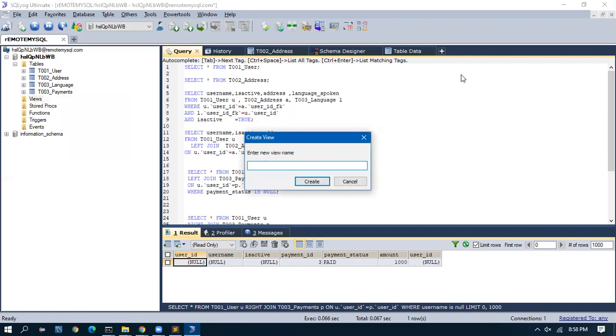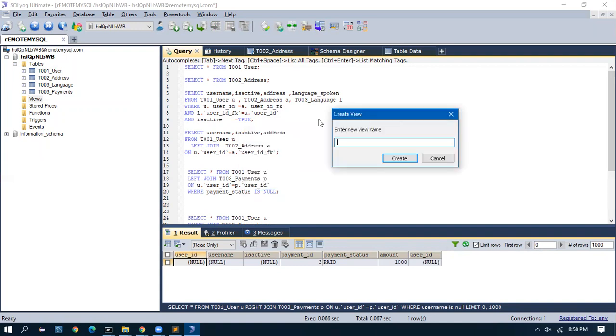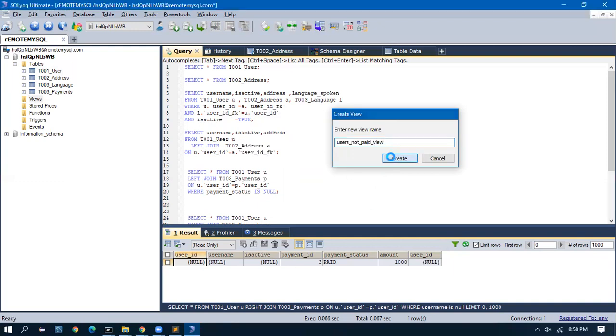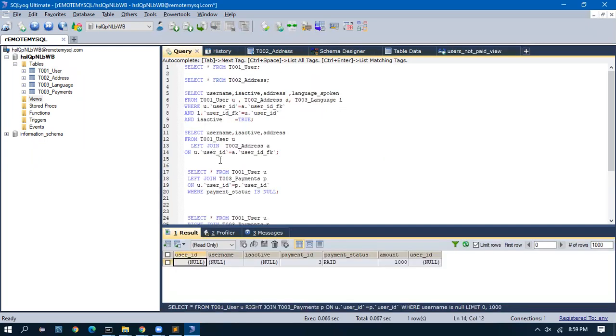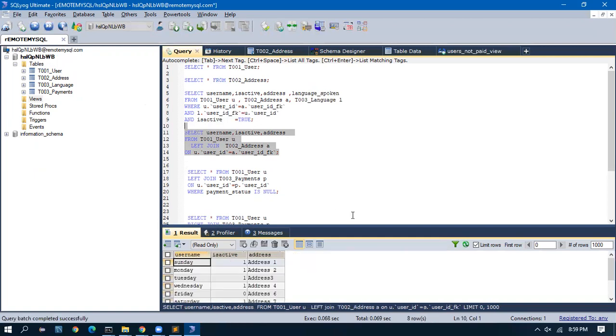So I'll create a view for this report. Let's say we have generated this report. So users not paid view. I will generate a view like this, and select star from is given. So I will copy that query. Where is the left join? Okay, this is going to give me all the users.